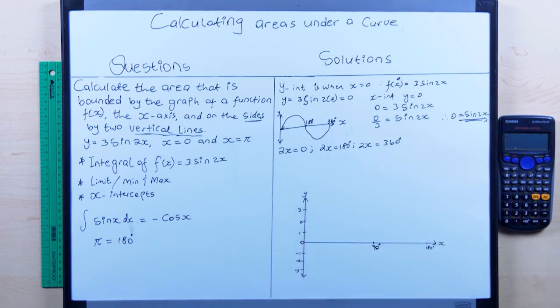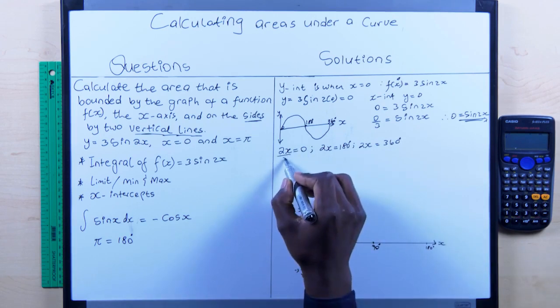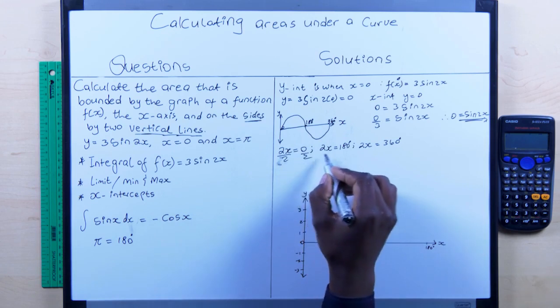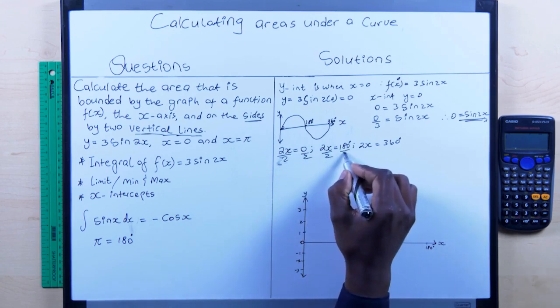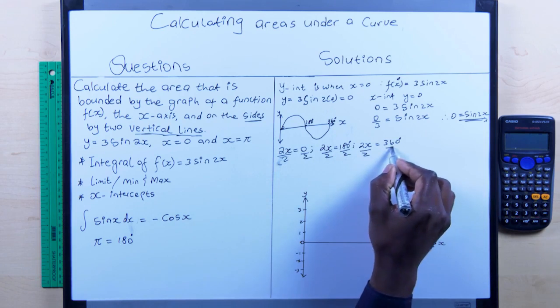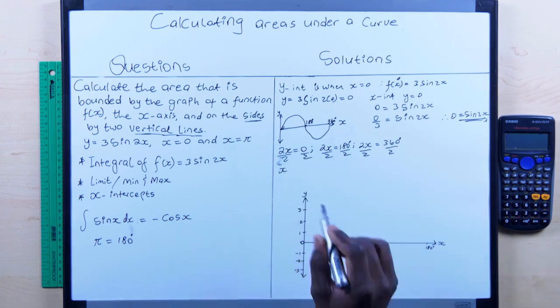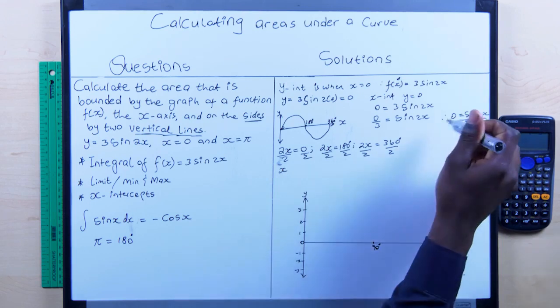What do we want to find? We want to find the value of x, so divide throughout by 2. This means that the x-intercepts for the original, the one we want here,